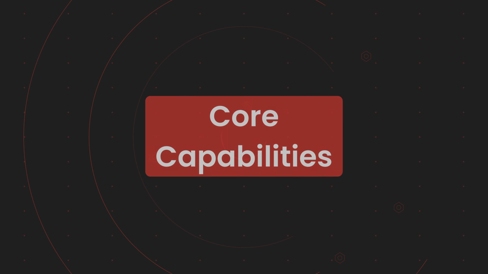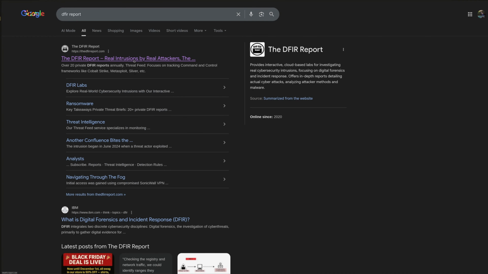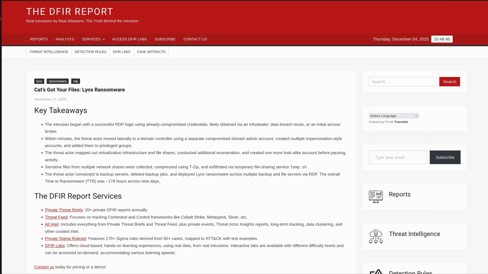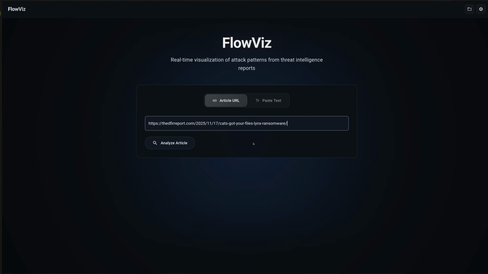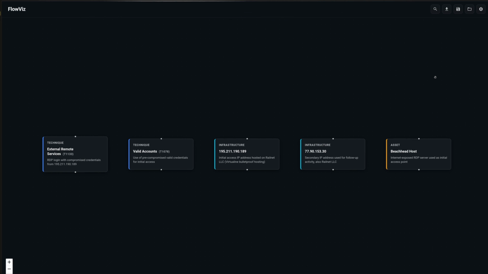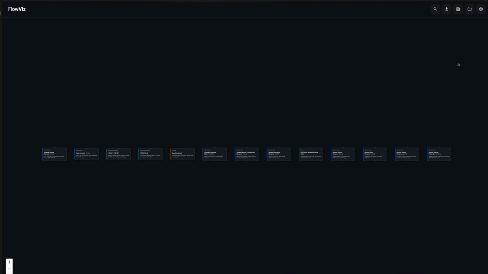Alright, so what can this thing actually do? First, automated article analysis. You can throw a URL at it, any public threat report, from The DFIR Report, Mandiant, Red Canary, or a CISA advisory. Or you can paste raw text for internal reports. The AI then performs semantic extraction. It's not just finding the word PowerShell and slapping